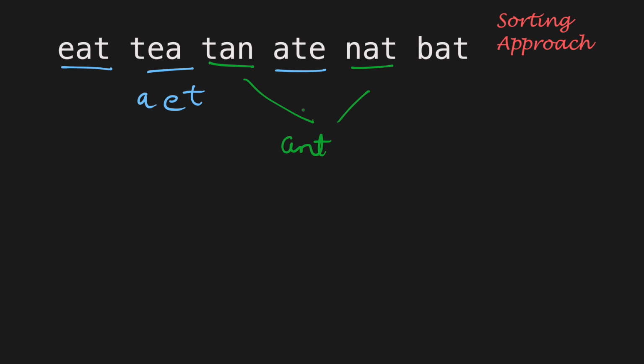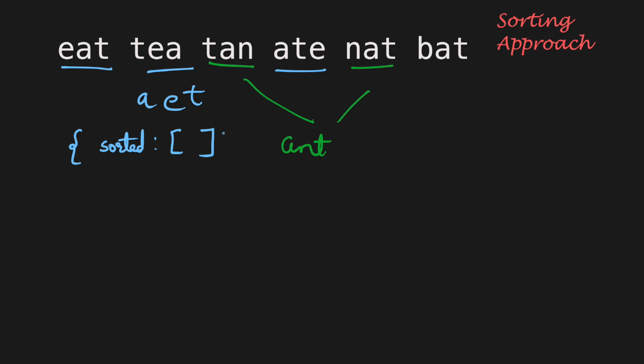Now, how do we compare these strings? For example, how do we compare this word eat with the rest of the strings in the array? And this is where the sorted string, for example aet, can act as a unique key to group anagrams, where we can use a hash map. Then the key will be the sorted string and the values will be the list of the original strings that share the